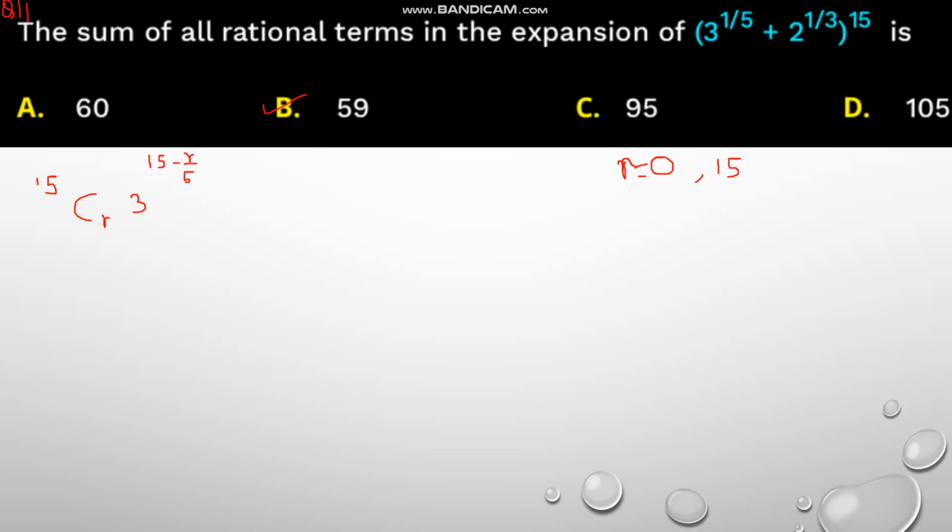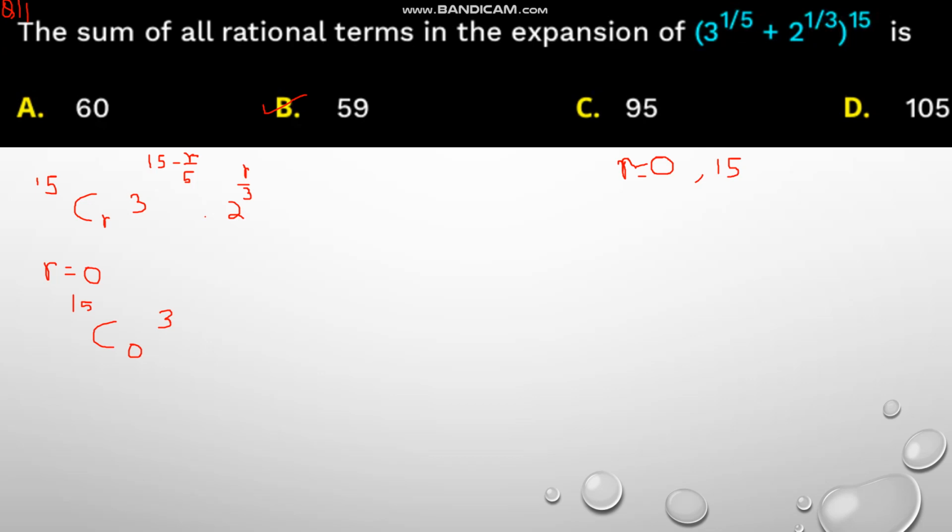At this point, both of these terms need to be integers so that the term is rational. None of it will be an integer if r's value is not a multiple of 15. So r is equal to 0 and 15, as we already know. For r equal to 0, it will be 15 C 0, 3 to the power